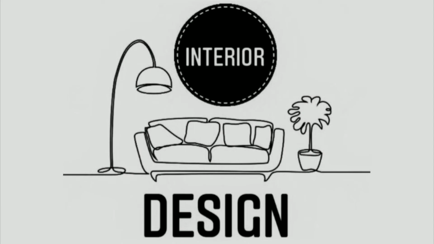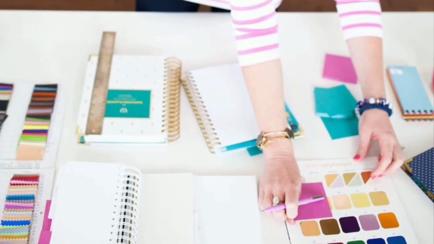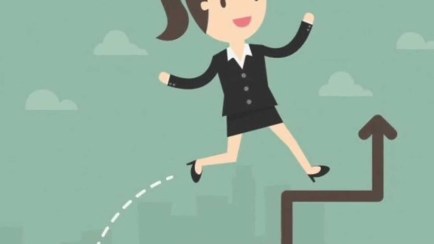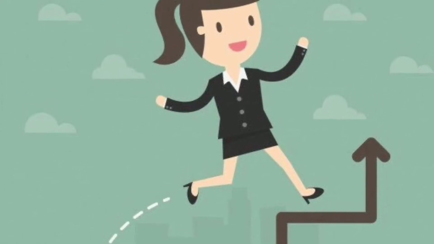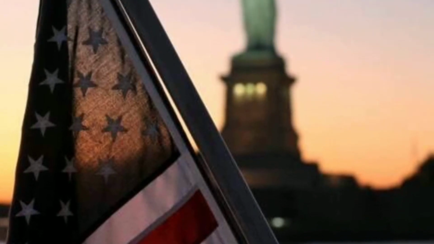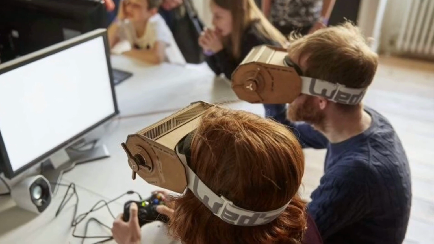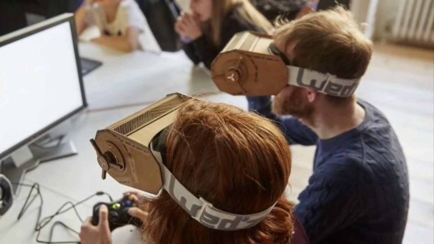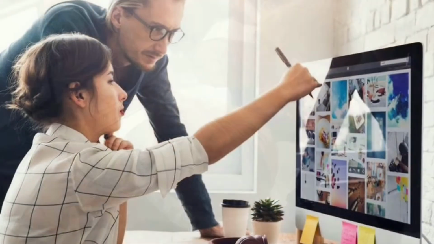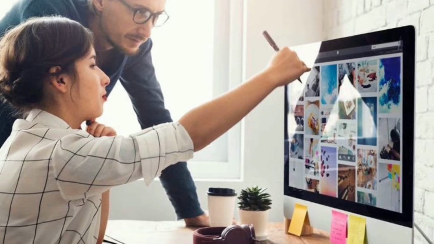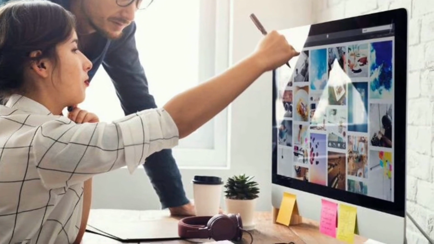Future of interior design. Many interior designers and authors agree that the future of interior design is brighter than ever. The need for qualified interior designers is expected to rise 5 to 10% in the next 10 years, according to research by the United States Department of Labor's Bureau of Labor Statistics. Increased awareness, popularity among the younger generation, and success stories linked to interior design attract more clients to professional interior design services, resulting in greater demand for trained professionals.